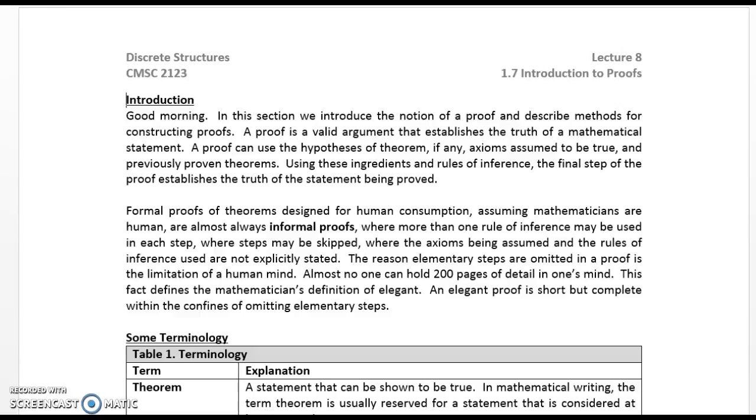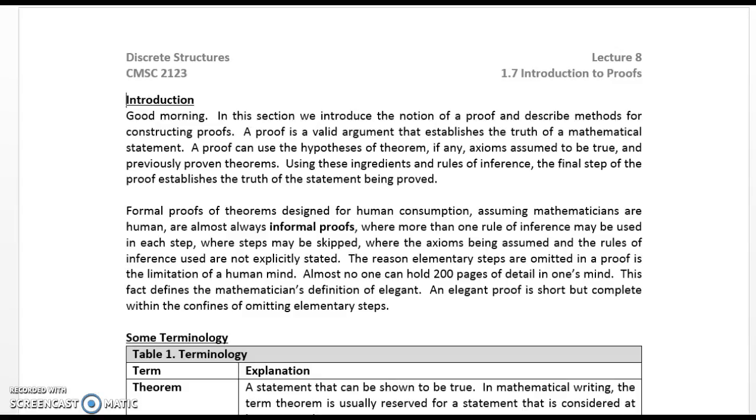Good morning. In this section, we will introduce the notion of a proof and describe methods for constructing proofs. A proof is a valid argument that establishes the truth of a mathematical statement. A proof can use the hypothesis of a theorem, if any, axioms assumed to be true, and previously proven theorems. Using these ingredients and the rules of inference, the final step of the proof establishes the truth of the statement